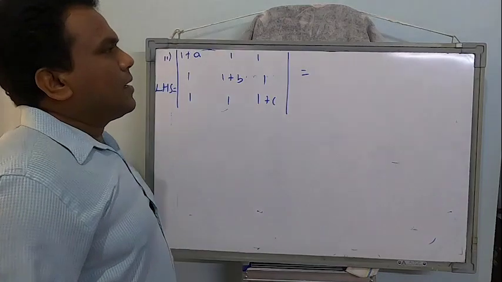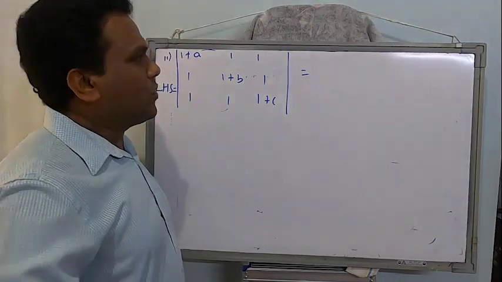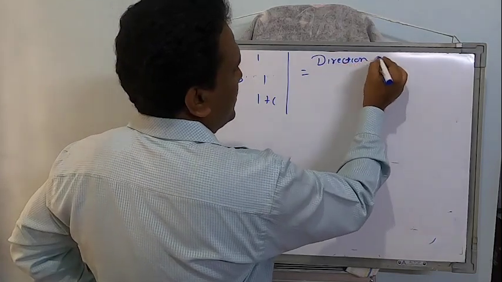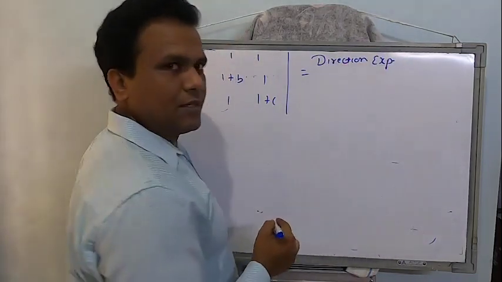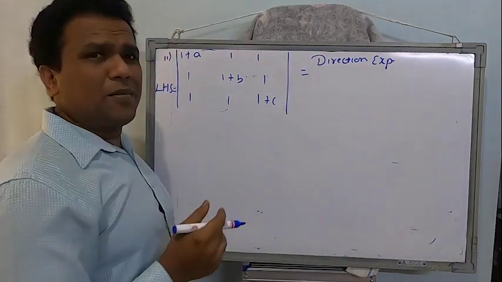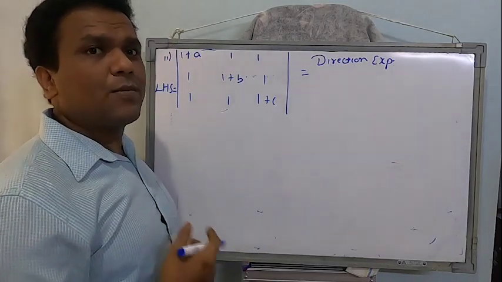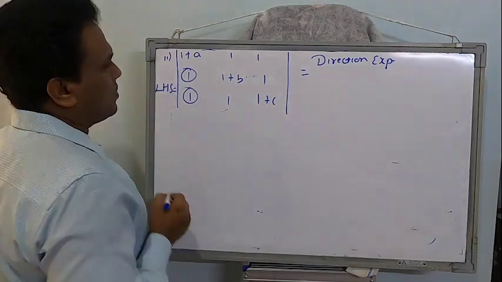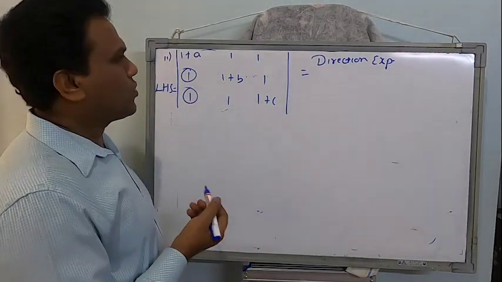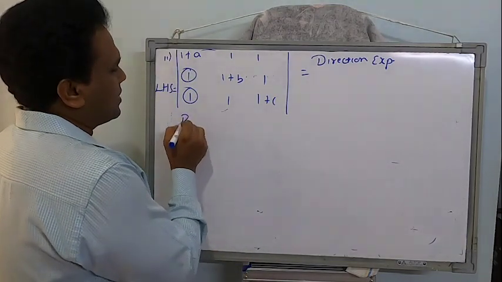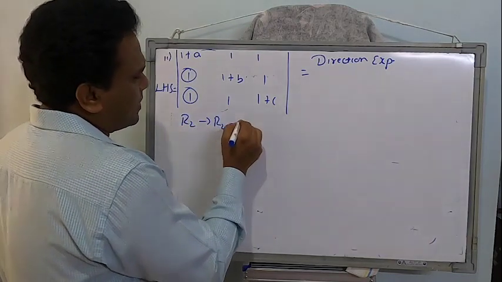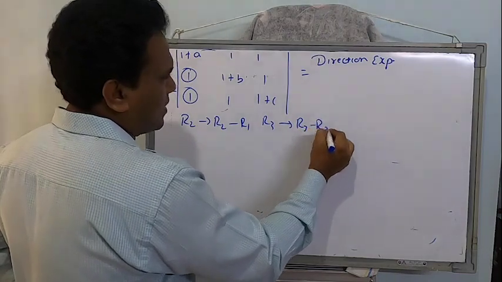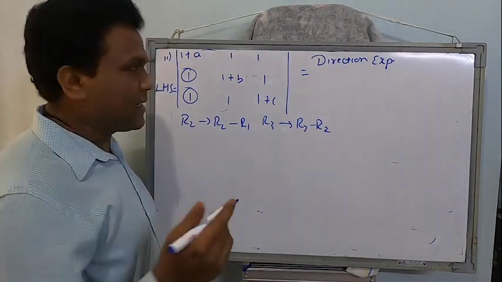Now to get the answer, this also I will suggest you, direct expansion will also give you the answer. Otherwise, if I make few elements 0 and then expand, the things will become easier. Let me concentrate on few of the elements. At least I will try some operation. So R2 will be written as R2 minus R1. R3 will be written as R3 minus R2. Few operations at least, few elements 0.